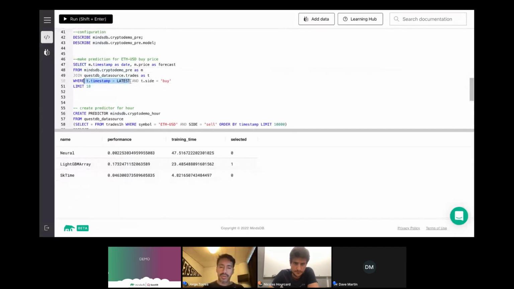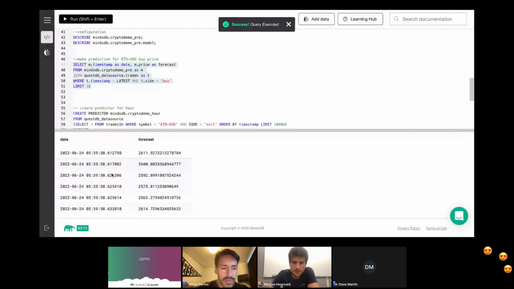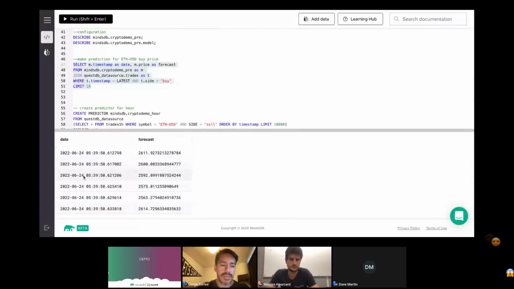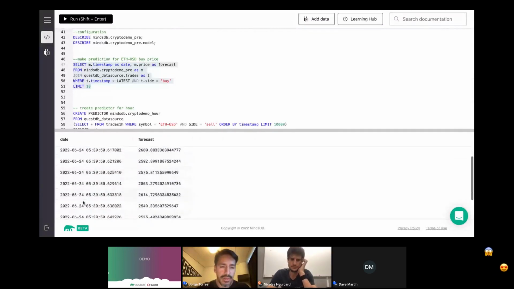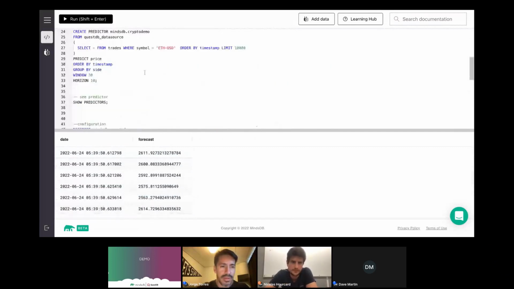So essentially, it's going to go and look at the very frontier of your data and try to make the forecast given the information that it has in the last 30 rows, and predict the following ones. So here's the way that we're going to do it. And there you have it. Just like magic, if you were to look at the timestamps, these timestamps don't exist in the database itself, and it's actually generating the following. What did we tell it to predict? Yeah, the following 10, and there you have it.